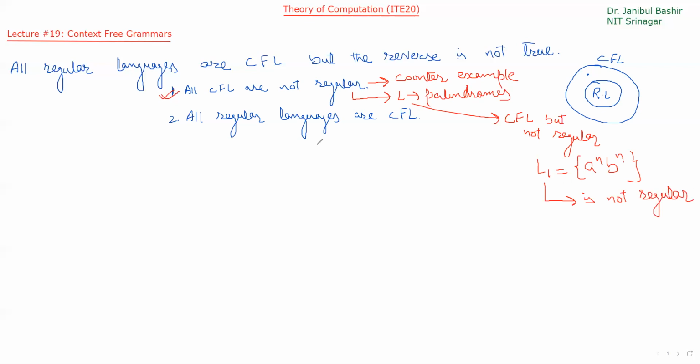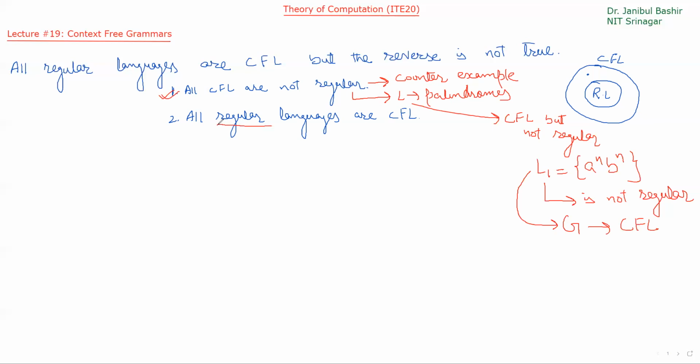And in the assignment that I have given you, previous examples, you can see that there is one grammar that generates this language. So this language is a context-free language, but it is not regular. Okay, so the first part is done by the technique called a counter example. Now let's come to the second part. How can we prove all regular languages are context-free languages?